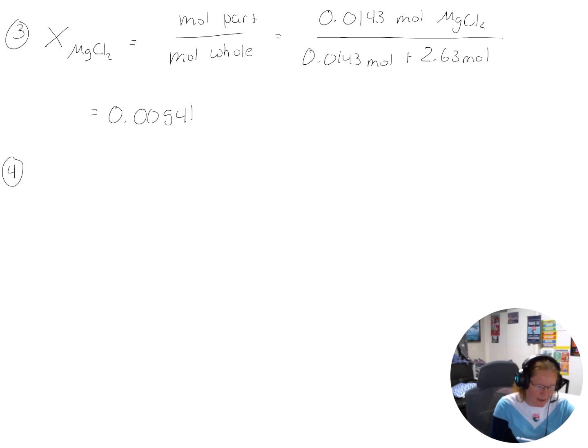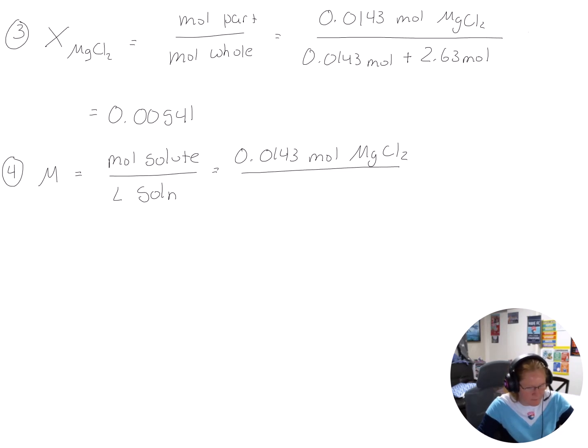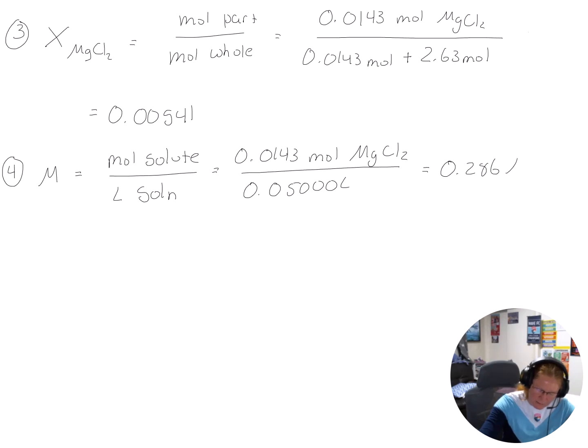Okay, now we'll look at our molarity. Remember, molarity is moles of our solute over liters of solution. So we have 0.0143 moles of magnesium chloride. And we had 500, or not, was it? We had 50 mils, not 500 mils. We had 50 mils of solution. It's 0.05000 liters. And we're going to get 0.286 molar